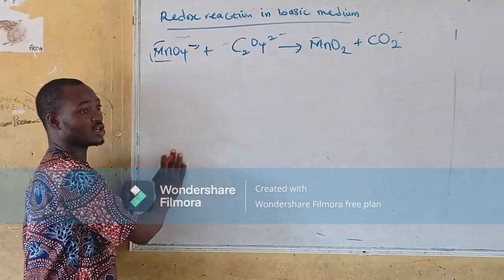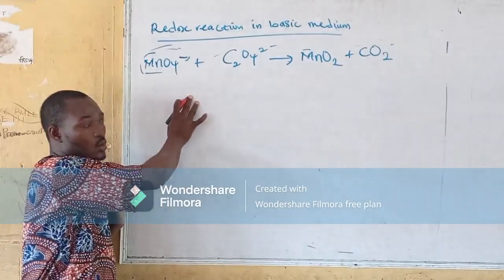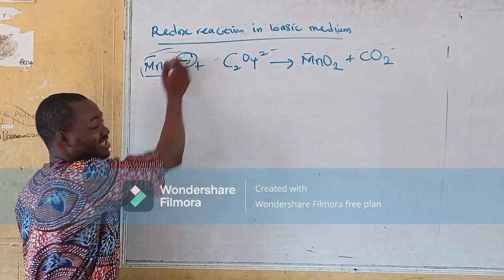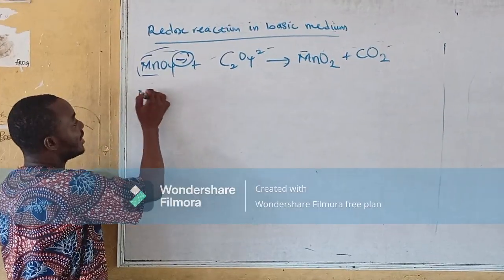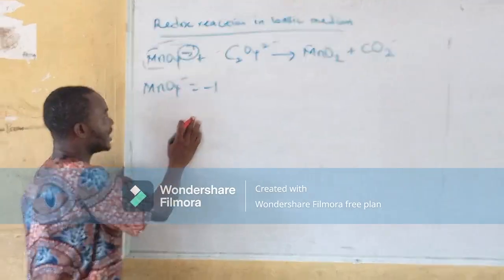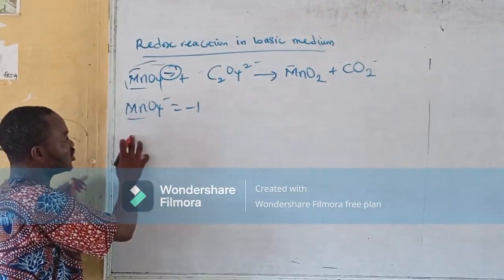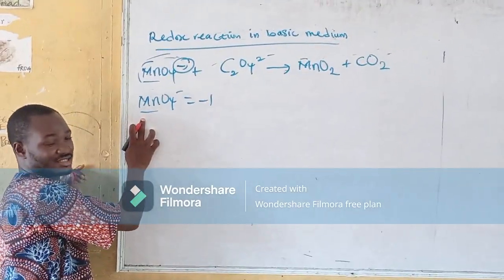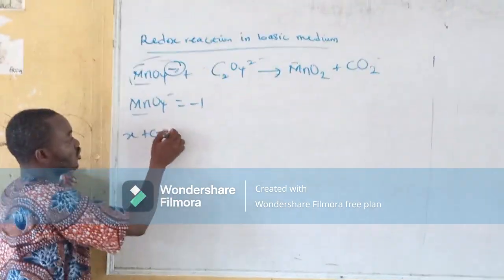Once you calculate the oxidation number, everything must be equal to 0, or equal to the charge that is on it. Since it has the charge minus 1, you can say MnO4 minus is equal to minus 1. Then let's calculate the oxidation number of manganese itself. For manganese, start with x. Now x plus the oxidation number of oxygen, minus 2,